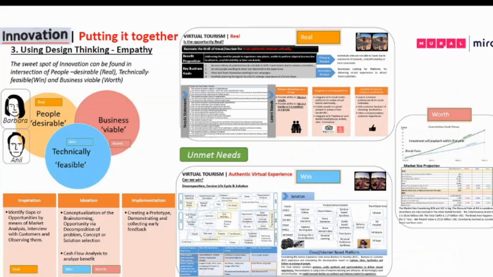When we are talking about another aspect of human intelligence, it's also empathy. We have been conventionally looking at people as roles like operators, engineers, and things like that. Currently, we need to start looking at people like Barbara or Anil, because it is at the people level that the innovation makes sense and the unmet needs are very important in this landscape. So, in order to understand people better, we have to really understand their journeys, the pains and gains they are going through, the value that they would look forward to. So that is where we have to create the journey